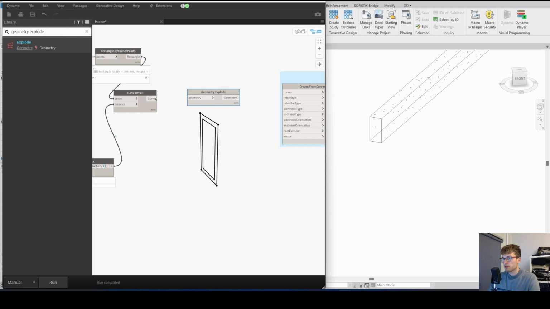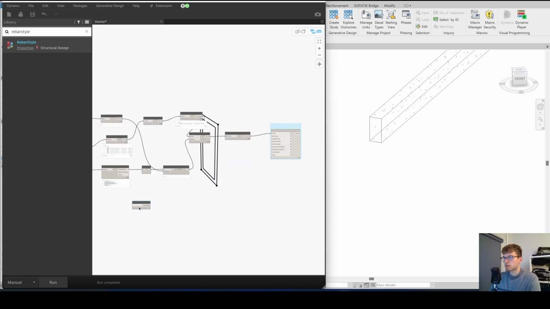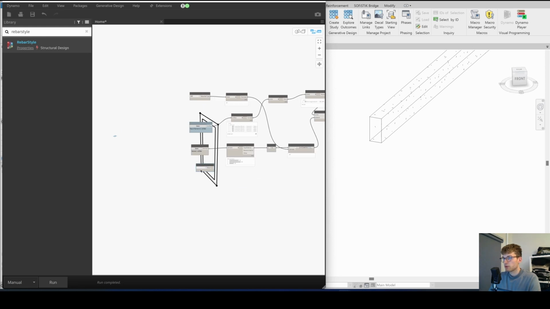But at one point you always find those ways out. Alright, so the first input is now given. Let's just go on with the second one, and that is rebar style. So let's just look for rebar style. There we go. Use this node, and we're going down here